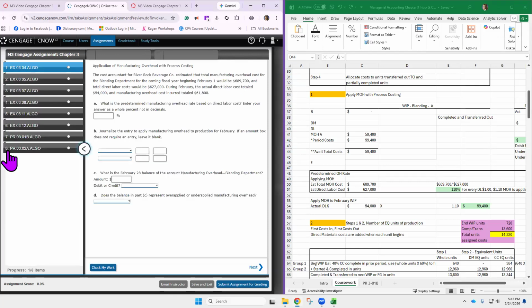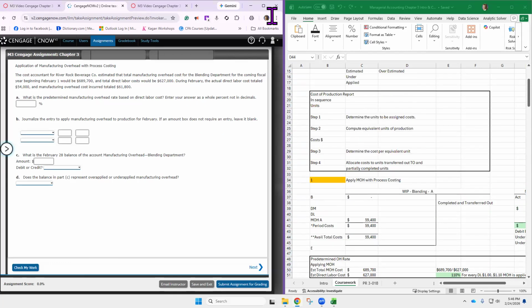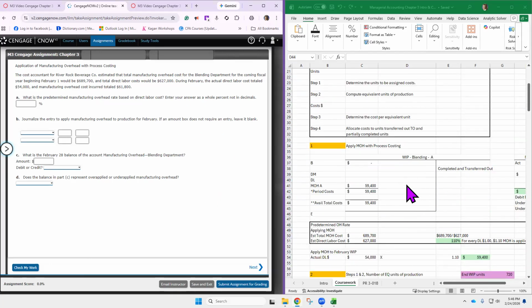I am in Cengage on number 1, and I'm going to do all of these because you're going to have one just like it with different numbers. So first thing, let's remember that a lot of these are going to have part of the production report listed. And this is all about WIP. The work in process accounts for the various processes and departments that a company would have. So this first one